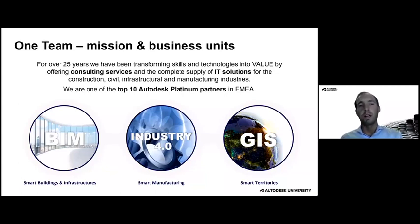We are working in building information modeling. We are working in manufacturing, so we talk about Industry 4.0. We are working with the GIS system, so we're talking about Esri systems and Esri solutions, and we have been doing this for over 25 years, and